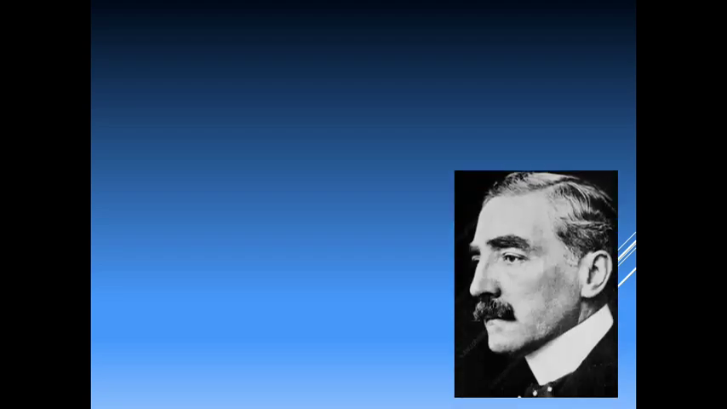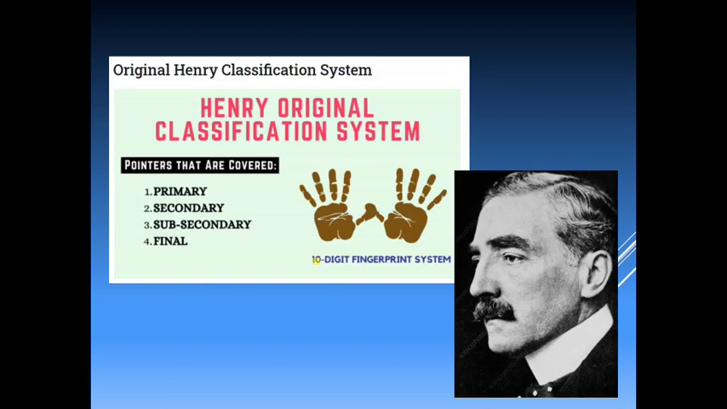To give you a short background with regards to fingerprint classification, in 1896, Sir Edward Richard Henry developed a fingerprint classification system that uses all the fingerprints. So it is named the Henry classification, or otherwise known as the 10-digit fingerprint system. And this classification system originally consisted of 4 parts. We have the primary, followed by the secondary, then the sub-secondary, and last is the final